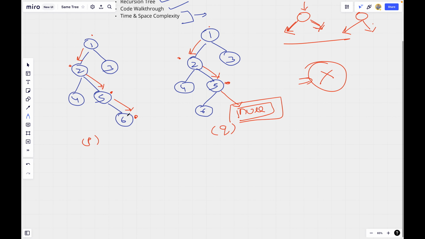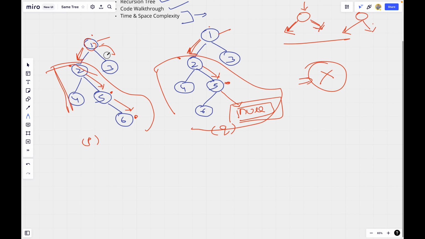So what we are essentially going to do is, at every particular node, we will check if its value is same or not. In this case, these values are same. Then I will try to move leftwards from here, and to keep traversing in both of the binary trees in similar fashion, I will move leftwards here as well. After checking, if I find that these two subtrees are similar, after exploring this, then I will move rightwards. And as we are traversing the trees in similar fashion, we will move rightwards here as well.